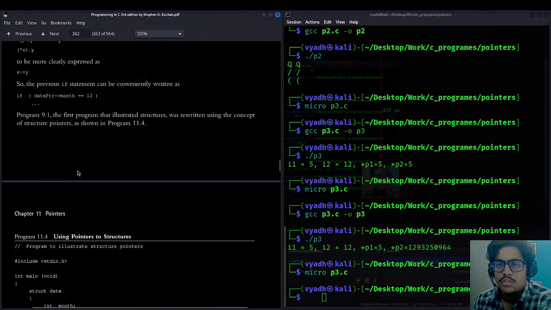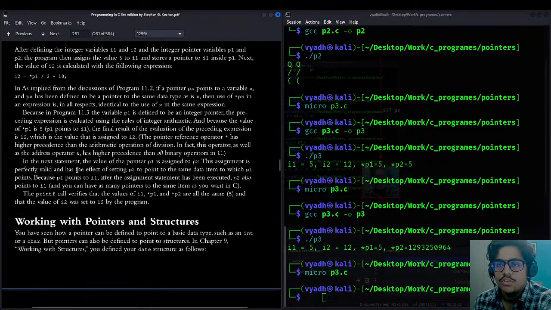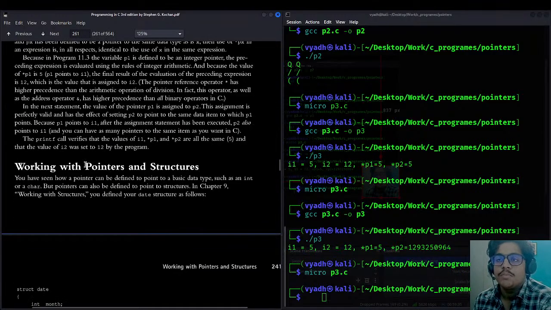No, they are not discussed here. They are moved directly to the structures. No problem. So, working with pointers and structures, you have seen how a pointer can be defined to point to